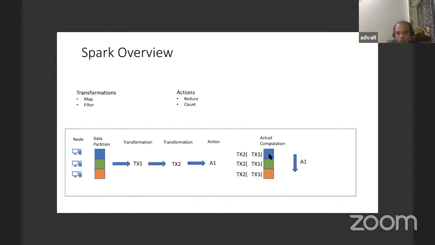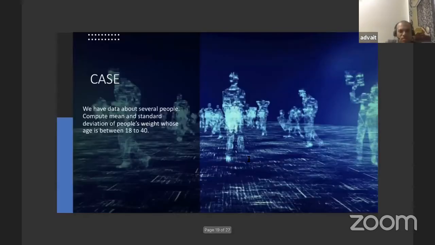So on this blue chunk, it will run tx1 followed by tx2 lazily. Similarly, it runs on this green and orange chunk as well. And once they're done, it runs this a1 action. Okay, so this is an example of